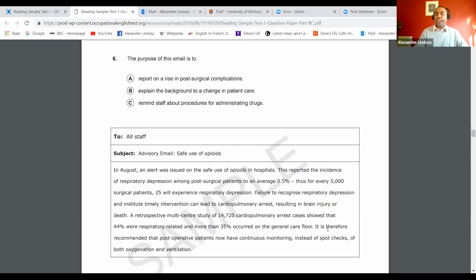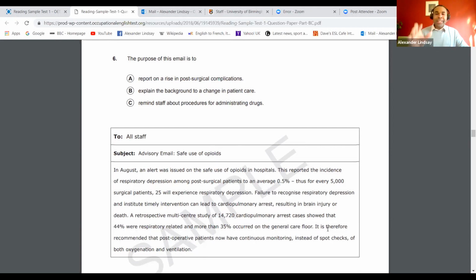Why is this text written? What is the purpose of this text? It's giving us loads of background and saying, look, this is the reason why. Therefore, we need to make this change. So well done to those of you that put B as the answer. Obviously, you were able to successfully detect what the main focus was and the main purpose for this text being written. And that is one of the main things to focus on, really, as far as strategies for Part B